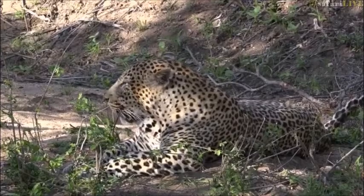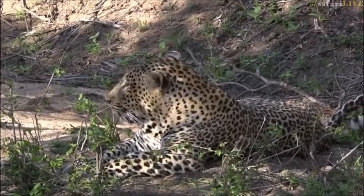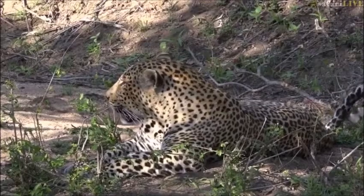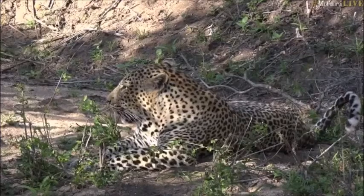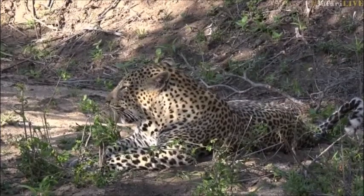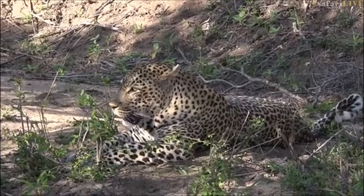Fium says, who knows which way the wind blows out here. You never know. I'm not sure if any of our viewers got to see them mating. It would be interesting to know. So if you do know, or if you do have an idea, please let me know. I'm curious. It would make sense if he is the father, because he's the dominant male in this area. But in saying that,